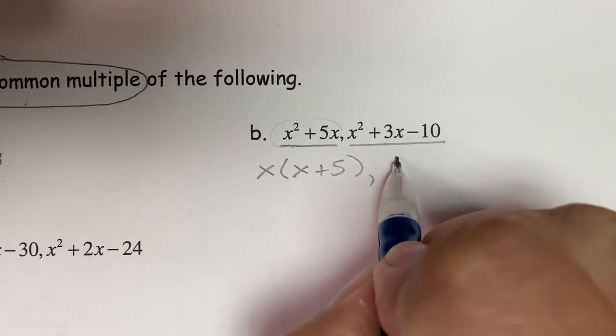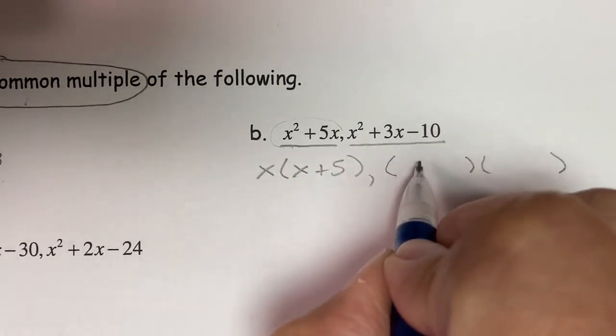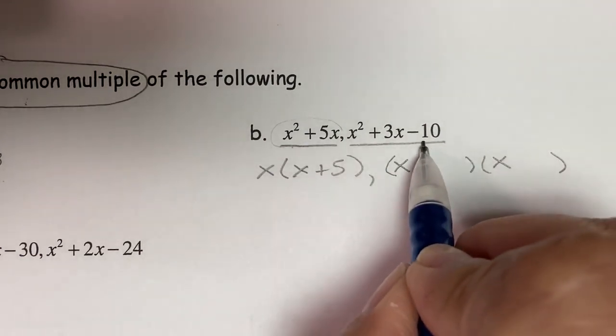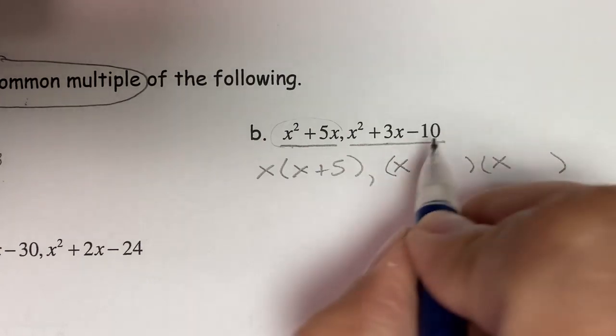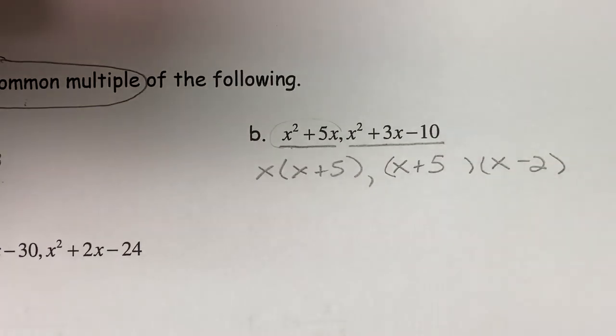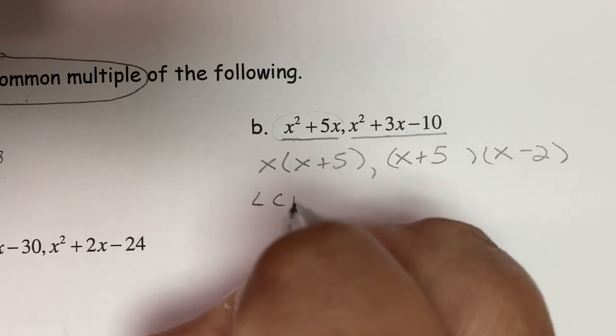Here I have a trinomial, so I'm simply going to backwards FOIL. I need to split up the x squared, so x and x, and now I need two numbers that multiply together to get -10 and add together to get +3. That's going to be a +5 and a -2. So now that those are